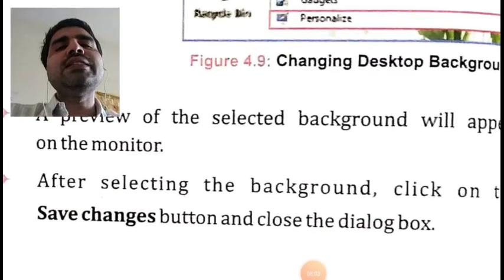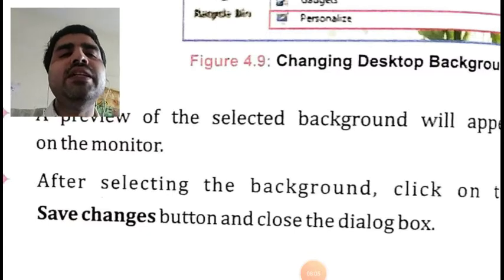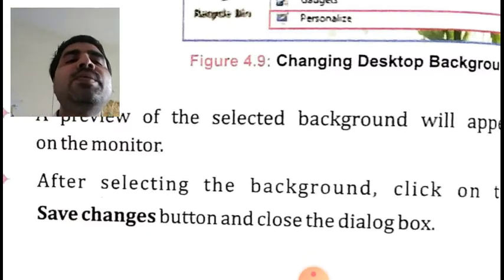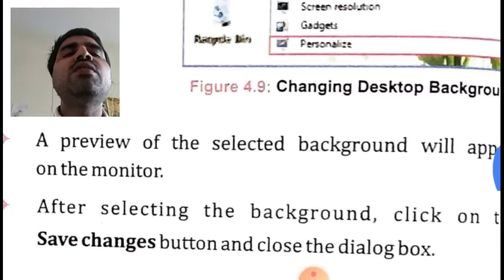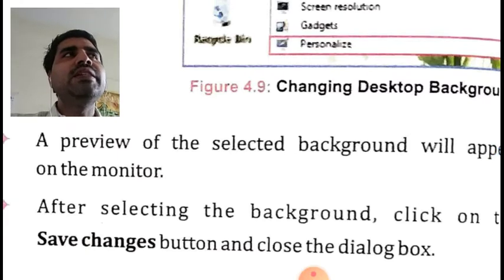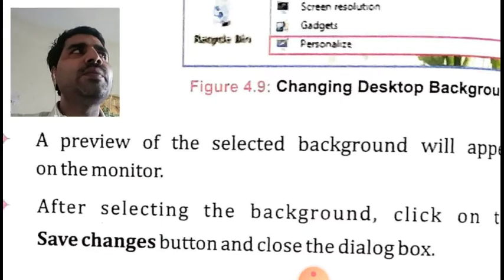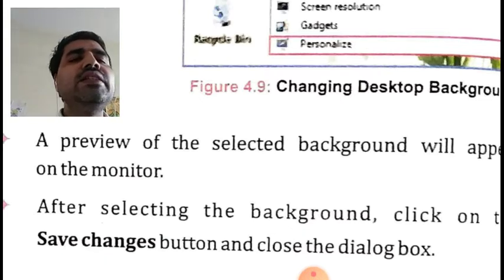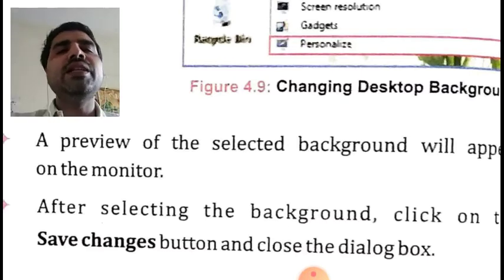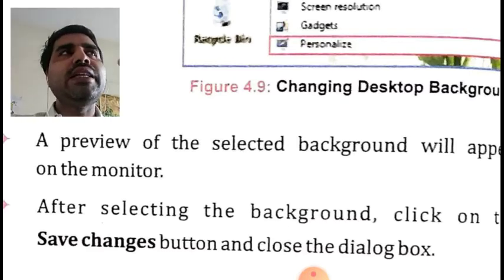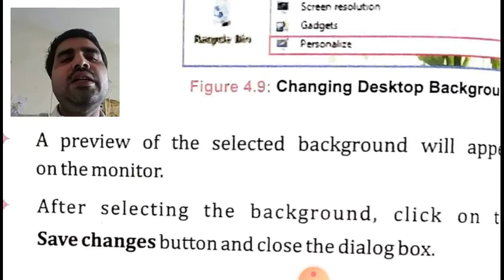Okay, first of all we have to be satisfied with the image which we are choosing. See, the preview option is given for those people who are not satisfied easily. If you think that your background image is not proper, and it is not looking proper, then after previewing it in the monitor, you can change it. You can select some other image, and as soon as we select the next image, it will also be shown in the preview pane.